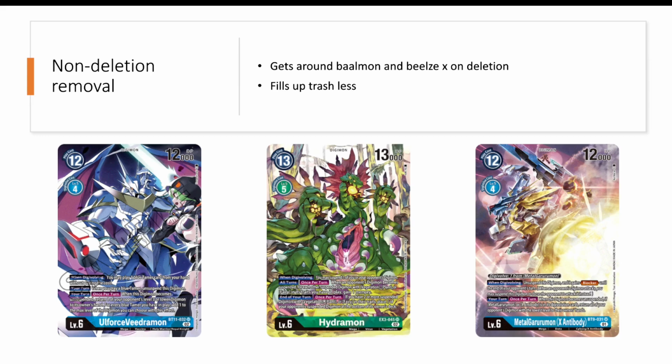Beelzemon does have the effect where you mill 3, and after that, I think if you've got 10 or more in trash, on deletion you can play Beelzemon from your trash. So you definitely don't want your opponent to just get a free level 6 onto the field. Being able to put their guys in the bottom of their deck or bounce them back to hand is really, really strong. This also lets you bypass their main goal, which is to fill up the trash